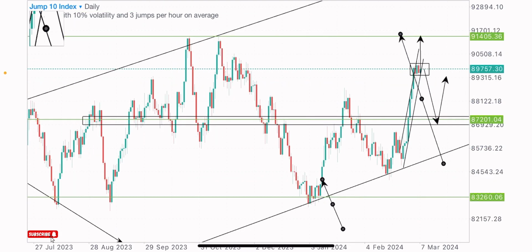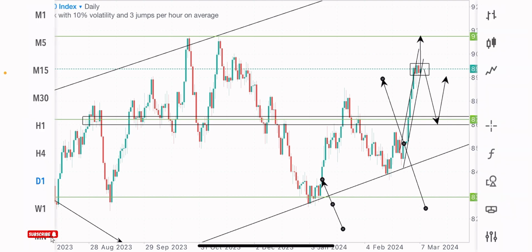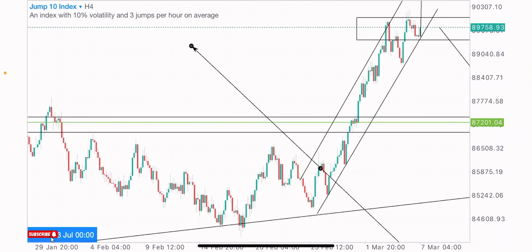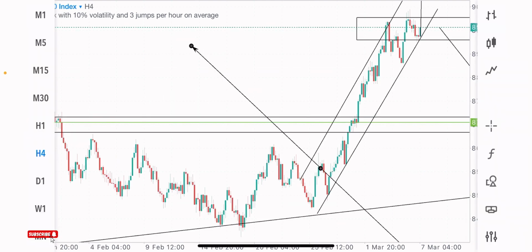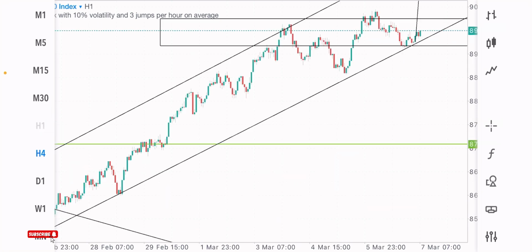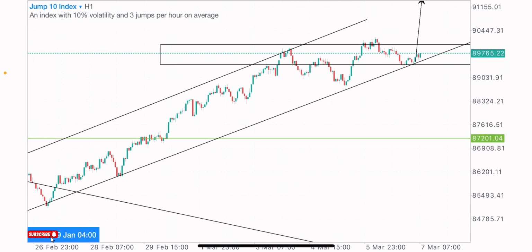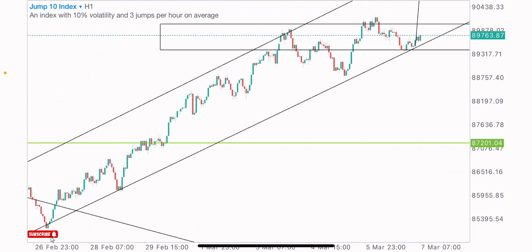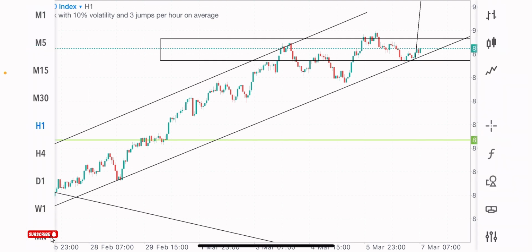So it will now be at this point that I would be looking to short Jump 10 Index. Right, so everything is looking nice. Both setups are looking good. Right, it's either we catch the sells or we catch the buys on this index. So that's it, guys. That's my view and market analysis